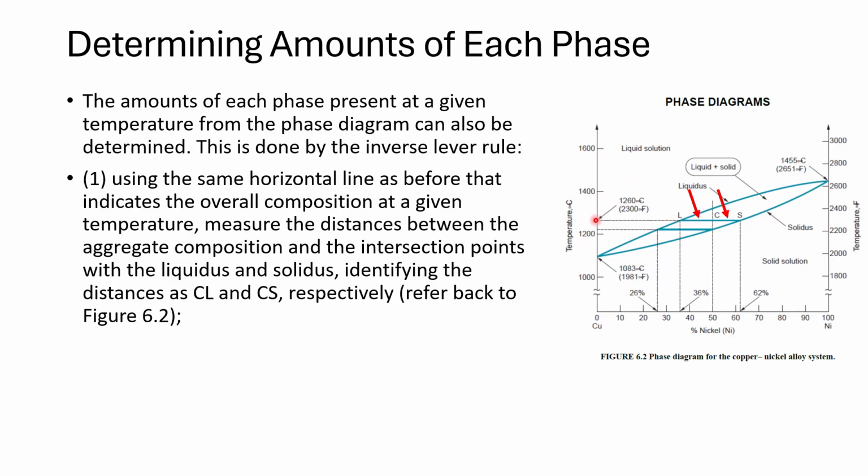So we just set the temperature, make the line, intersect, that's the 50%, that's the LC distance, that's the CS distance. We just need to measure them by using a ruler, for example. So the proportion of the liquid phase present is going to be given by the